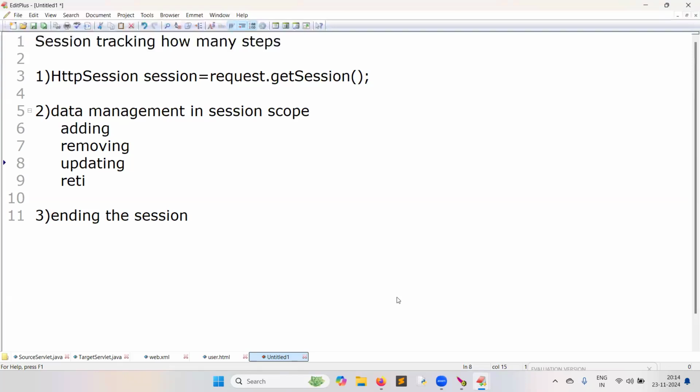So, ending the session, we'll see in the examples the second story.